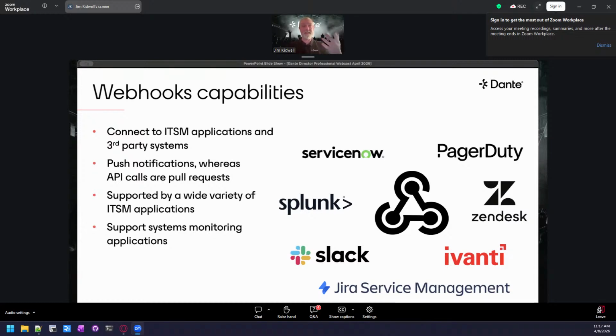So webhooks can state, okay, when Director sees that something's gone wrong, it can send out a webhook notification to any type of third-party system like ServiceNow, PagerDuty, Zendesk, all of these other types of service management applications, and then you can be automatically notified via an email or via whatever that system does. If you have another portal or web page or whatever you've built, it'll automatically come up as a notification there. And we'll show you an integration here in a little bit that talks all about how this works and how it can help you keep your organization moving smoothly.